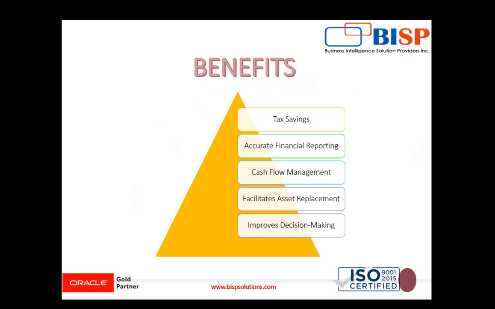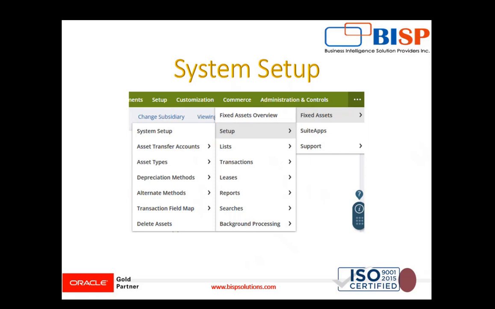Then it improves decision making, like it helps in future planning for expenses related to asset replacement, aiding in budget and investment decisions. So depreciation is critical for financial planning and gives an accurate picture of an organization's asset values and long-term sustainability. Then if we come to our system setup in NetSuite applications, so the fixed assets management